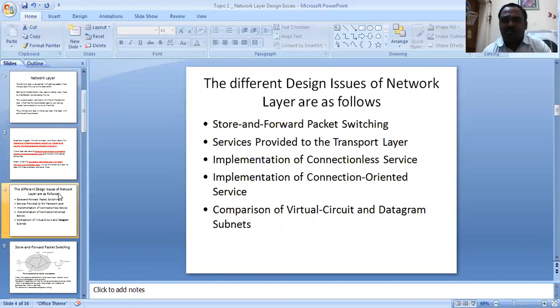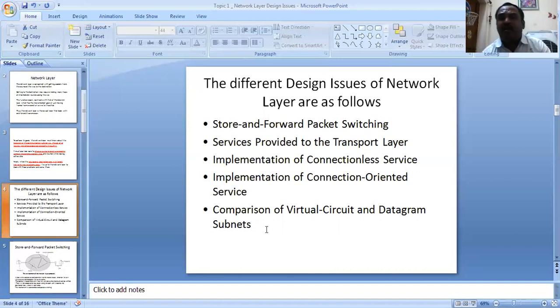So what are these design issues? Whenever you are designing a layer or whenever you are designing any software, in fact, we have some design aspects to be considered, or some problems that will occur while you are designing a network or a software. So here, when you are writing code for the network layer, these are the 5 design issues that should be considered.